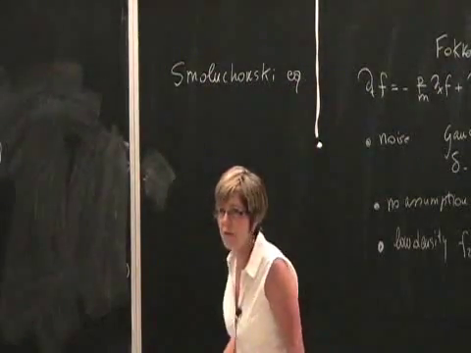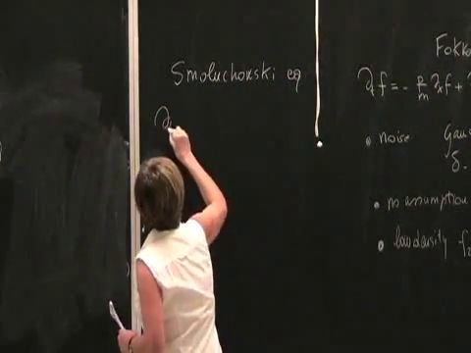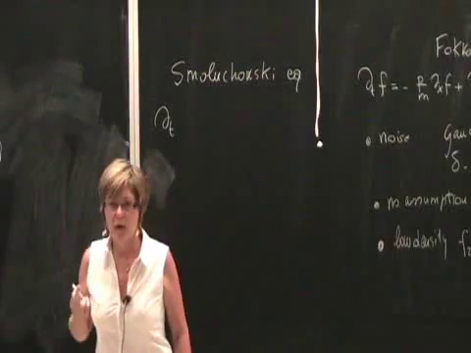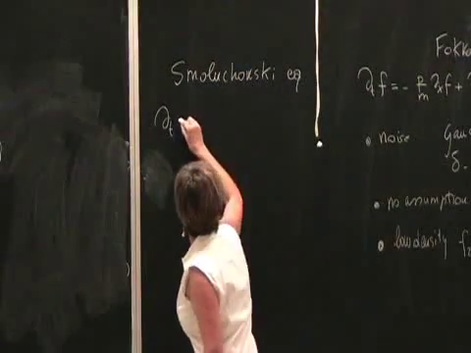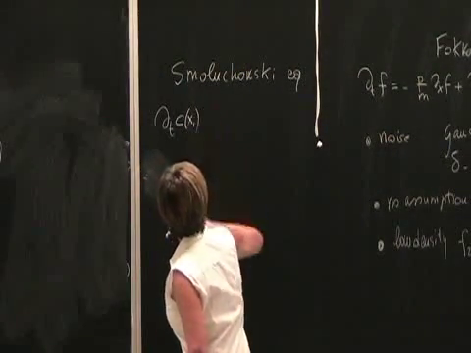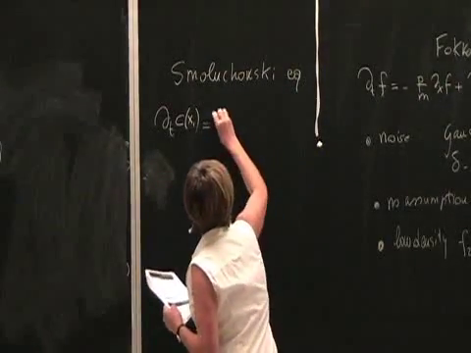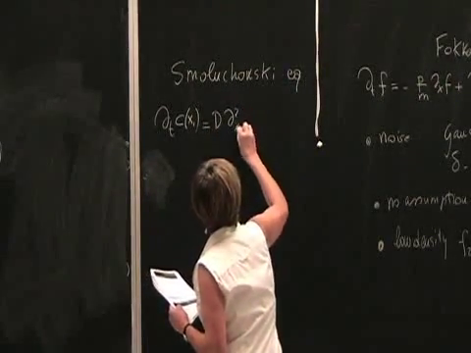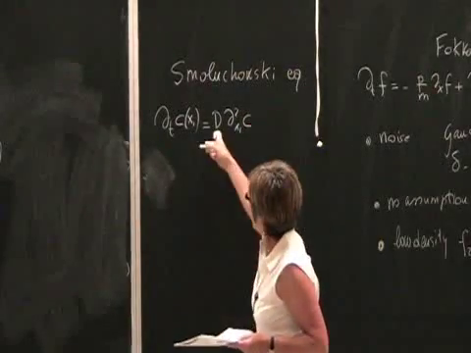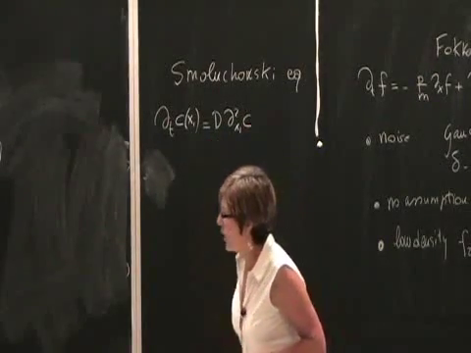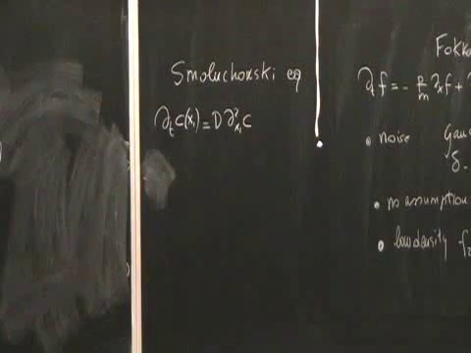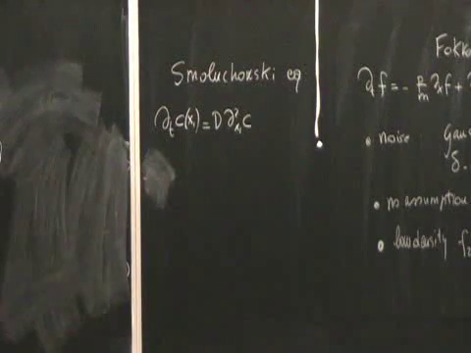And let me write it down for you. And now I will drop the label x1 because I have only one. No, I still have, sorry, not yet. Okay, derivative with respect to time of c of x1. I get d, second derivative with respect to x1 of c, and d is determined by the noise. This comes from this term, and is determined by the noise according to the expression I wrote down before